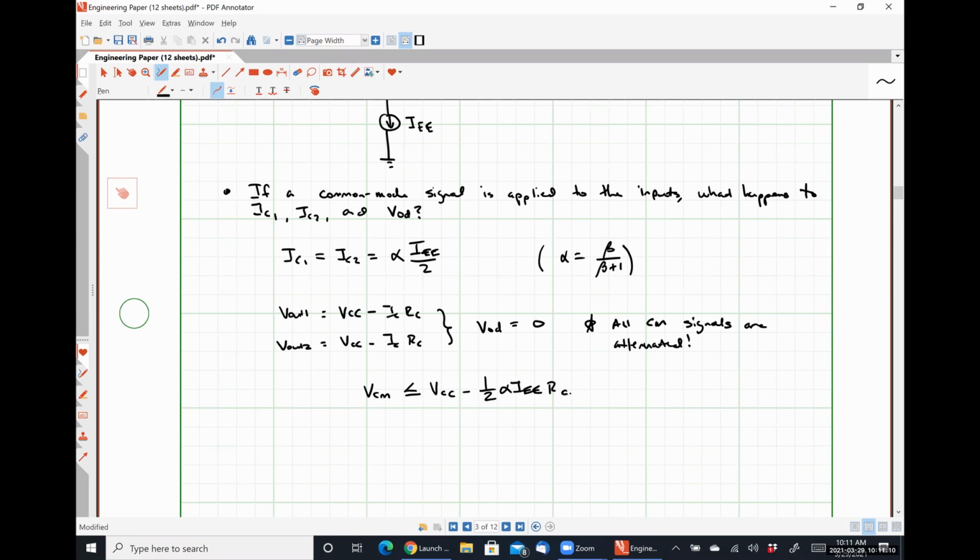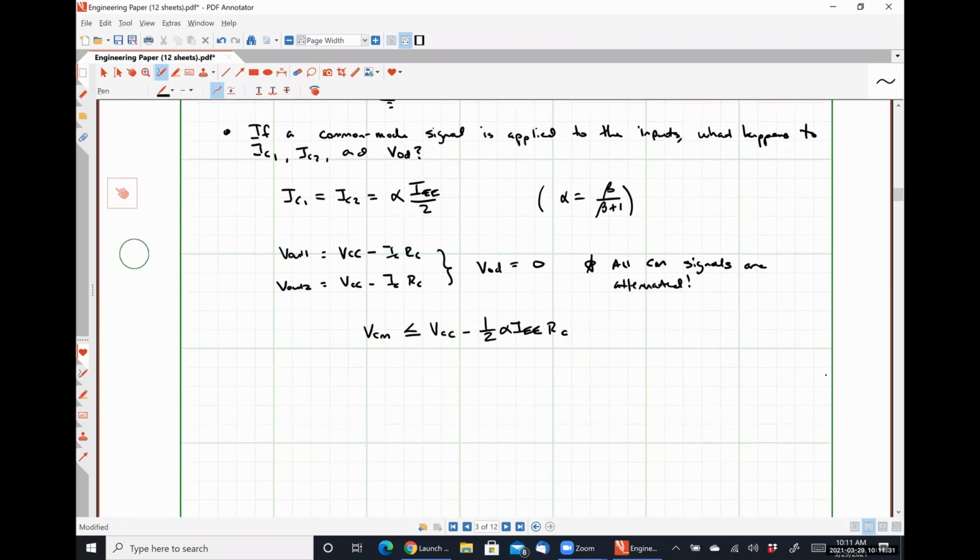If our common mode voltage is greater than this, we're actually forcing the transistors out of forward active region operation and into saturation region operation, where things get hinky and we don't want to do that. All right, so